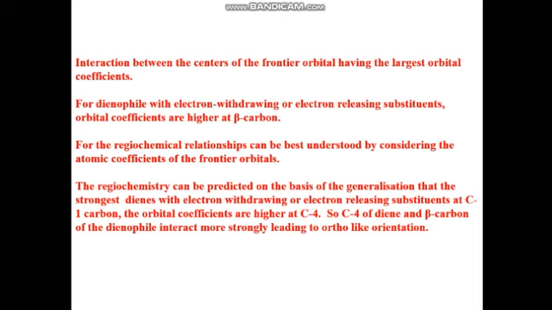The regiochemistry can be predicted on the basis of the generalization that the strongest bonding occurs with an electron-withdrawing or electron-releasing substituent at carbon C-1 of the diene. The orbital coefficients are higher at C4 because of the frontier orbital. So C4 of the diene and the beta carbon of the dienophile interact more strongly, leading